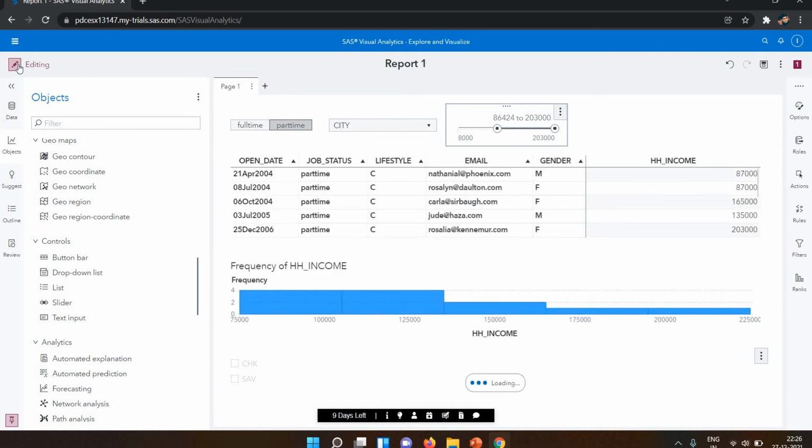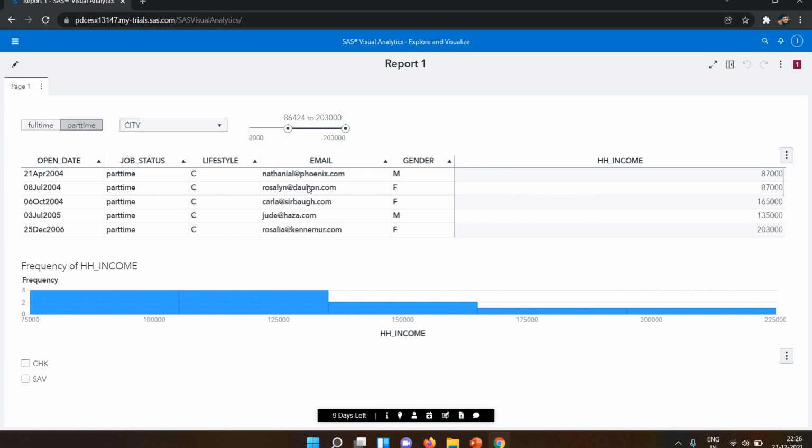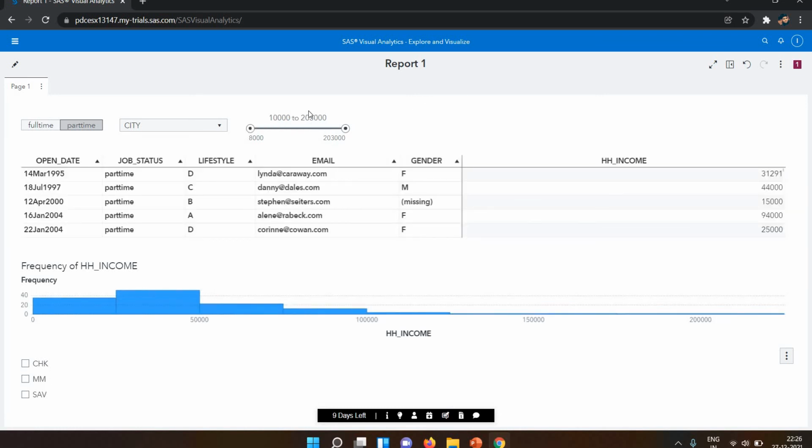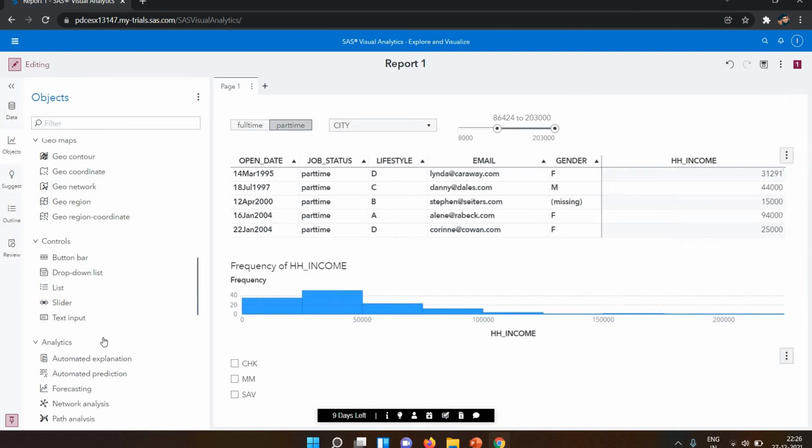So slider is basically used if we have time series data or some range data. If you want to select a particular range, let's suppose from 10 to 100 or an 8,000 to 2 lakh salary employee, that is very useful for the range option. If you want to manually input something, you can input the value, that is also valid. Let's suppose 10,000 to 20,000 or 2 lakh 3,000. So this is about the slider.